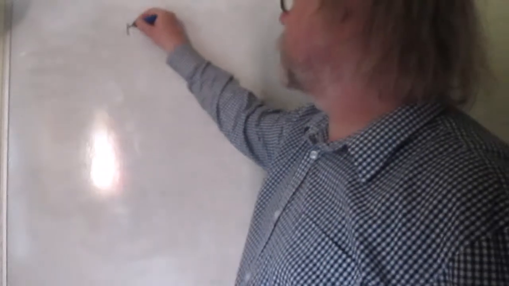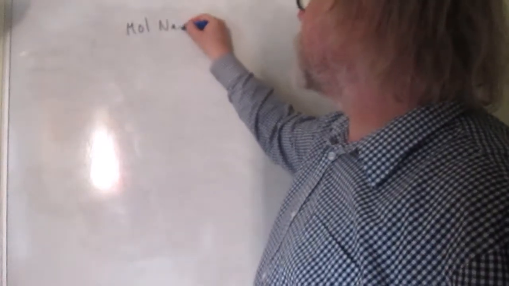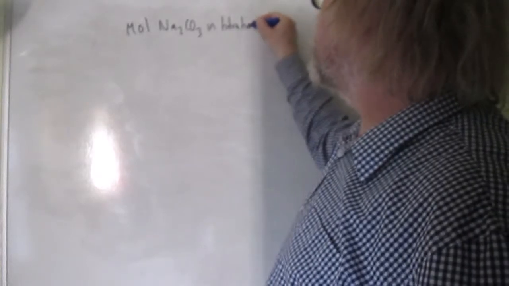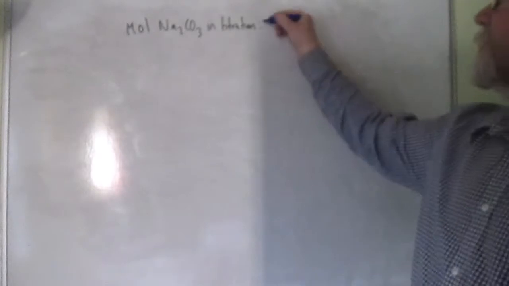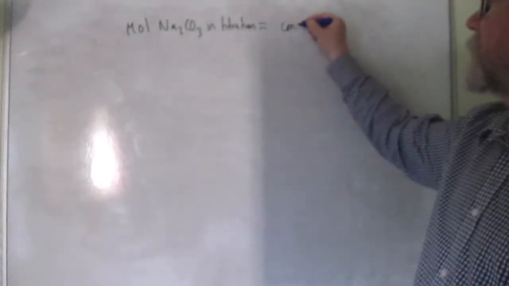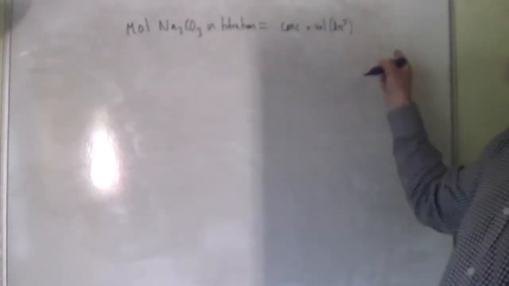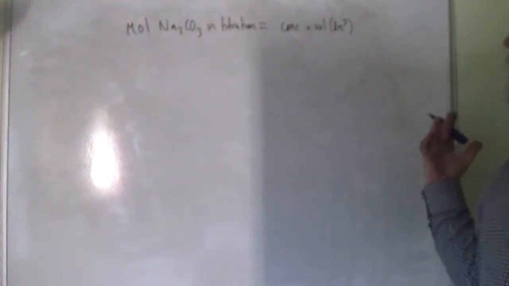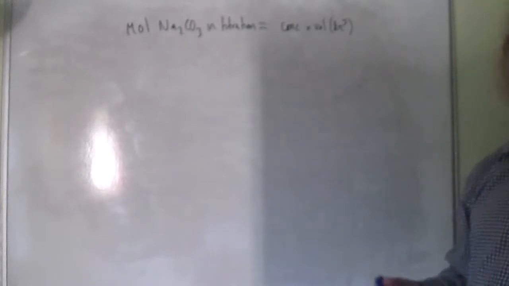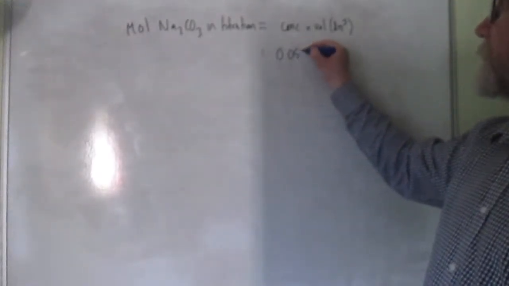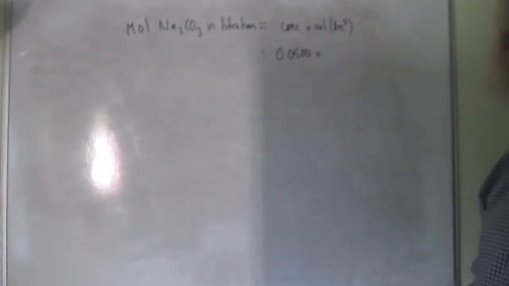And in this case it's the sodium carbonate. So the first thing we work out is the moles of Na2CO3 in the titration, because that's always how we start. The one that we know the concentration of, we do moles equals concentration times volume in dm cubed. So when you've practiced enough titration calculations, that just becomes almost like a reflex response, that you know that's where you start. So the concentration was 0.05 moles per dm cubed, and the volume, now you've got to be careful,